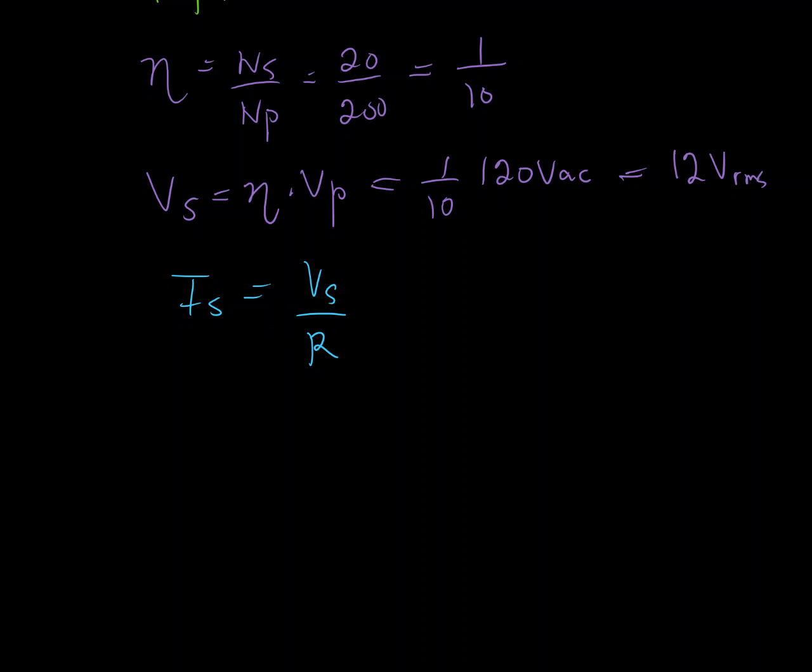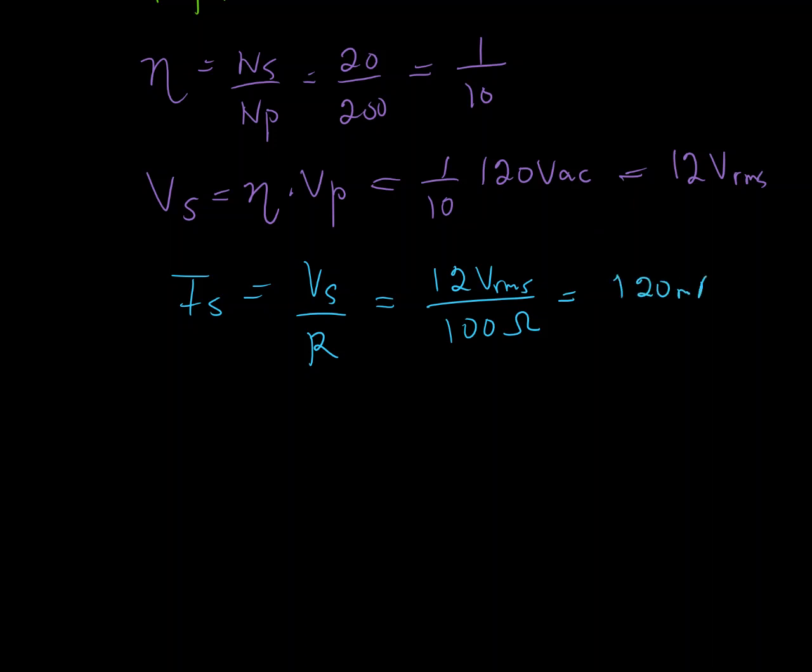Otherwise, you might have to carry long numbers and decimal places through multiple steps, and you might miss simple cancellations that can happen, and it's just more onerous. So I leave the variables in, and then only at the end do I sub in these values, 100 ohms, and so this is